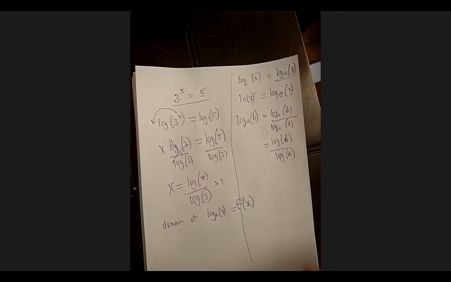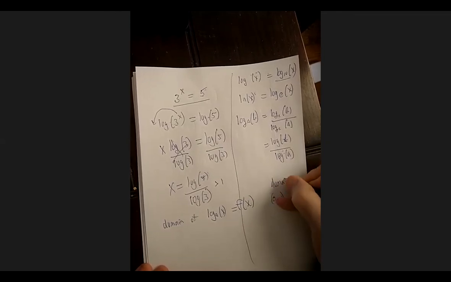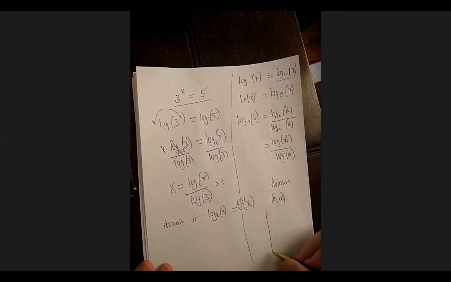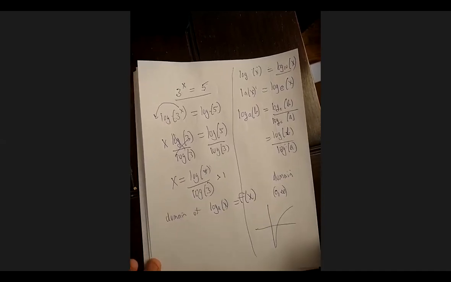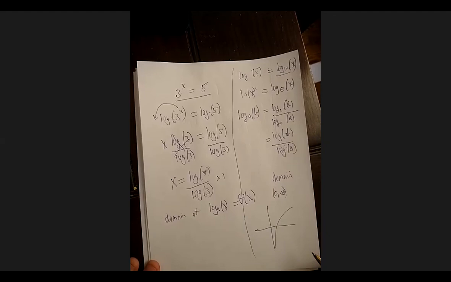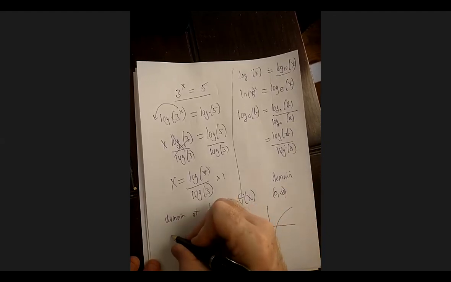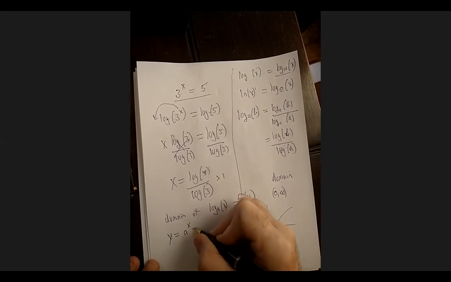Now you can look it up and you'll see that the domain is 0 to infinity. And if you graph it, you'll see that as well. The graph will look something like this. And it never touches, and there's no graph over here. So again, that's just one of the things you want to know. But I think the best way to see this is to look at this function, its inverse function, because this is the more natural function.